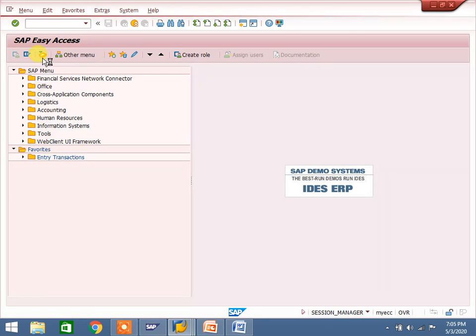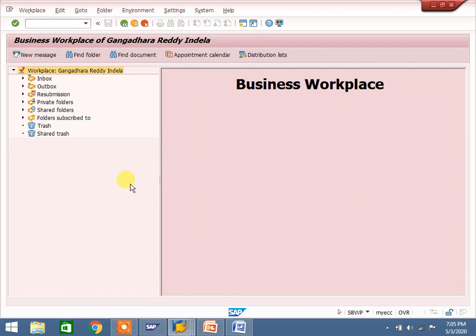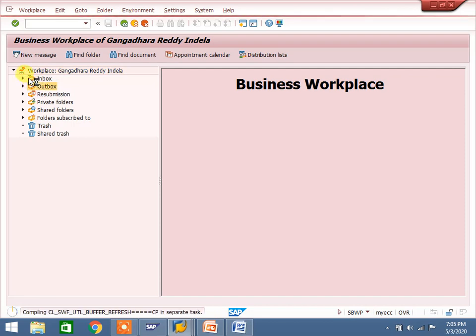It is taking time. This is called workflow. One second, wait. See here, inbox is there, outbox is there. Inbox means they are getting mails from SAP. Outbox means once they approve, the mail goes to other departments.